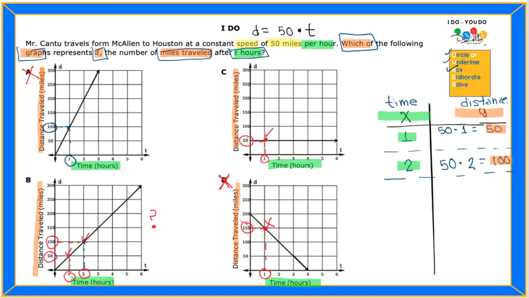Now let's check C, which is the other graph that also was okay for the first point. You already know what's going on, right? Yes. So on this point here, we see the value of x is 2. But what about the value of y? The total distance traveled stays the same, 50. And we know it's not going to stay the same. It's going to be increasing. But this line here means that they never changed the distance traveled. What could happen? They probably just stopped at